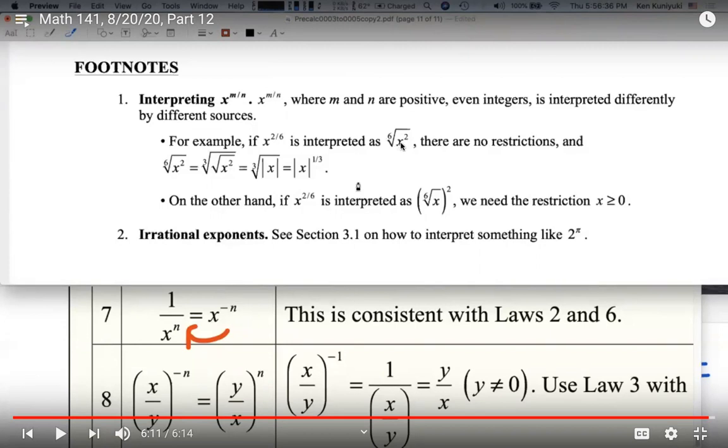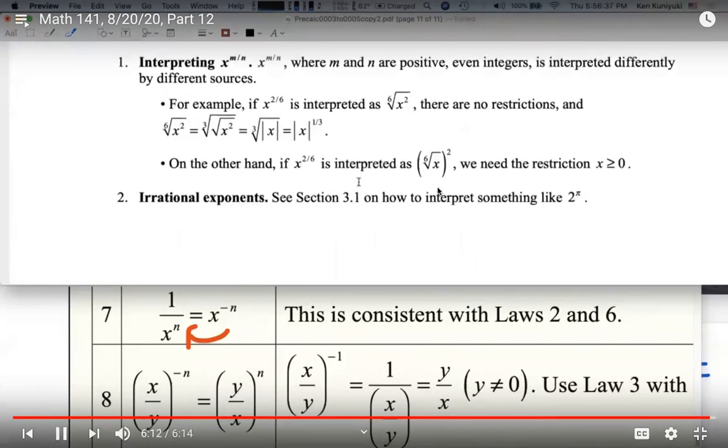So the domain is all reals. The 6th root of x squared has domain all reals. It's all good. But if you do the 6th root first, like over here,